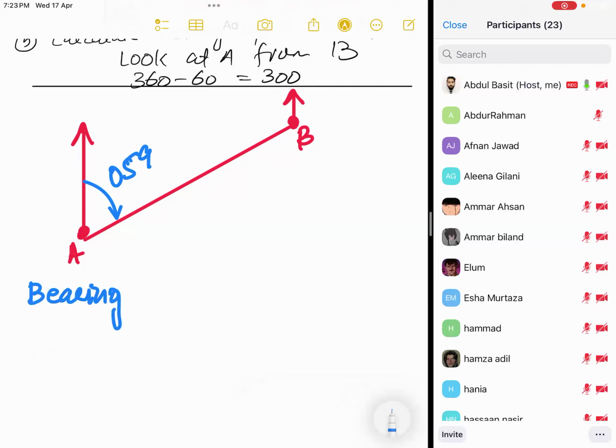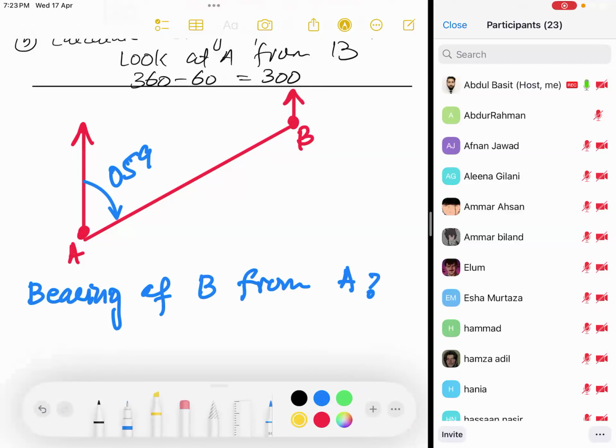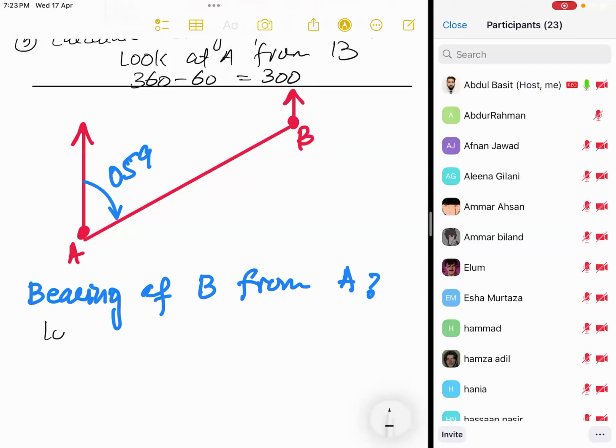Bearing of B from A. The bearing of B from A. So look at sentence is, आपने ये sentence बनाना है इसके नीचे. Look at B from A. तो रहमान, आप A पे खड़े हैं,